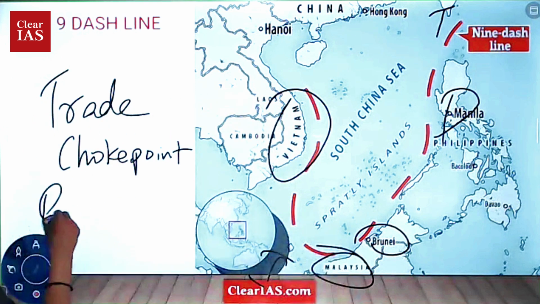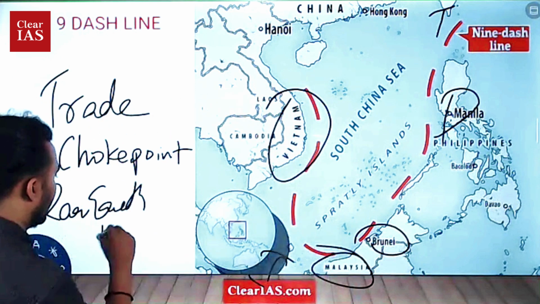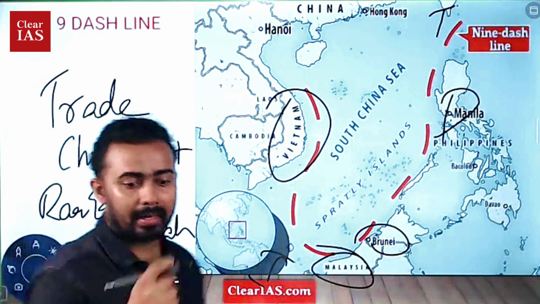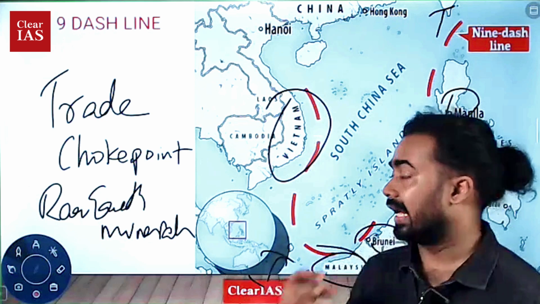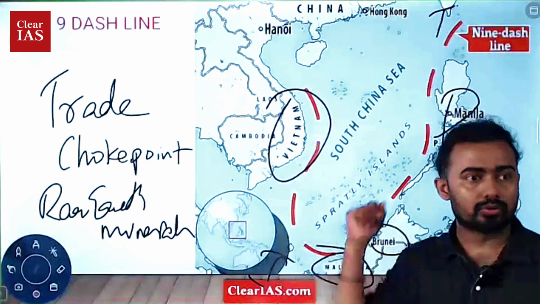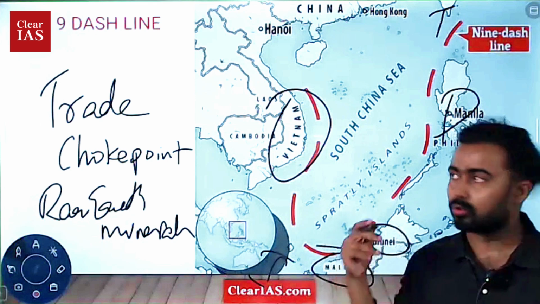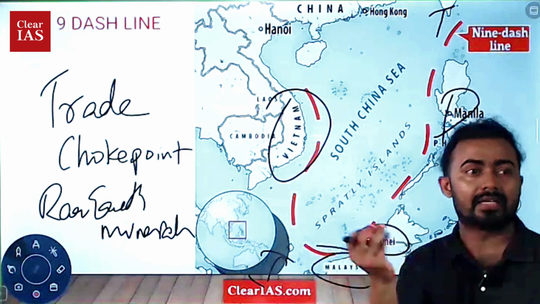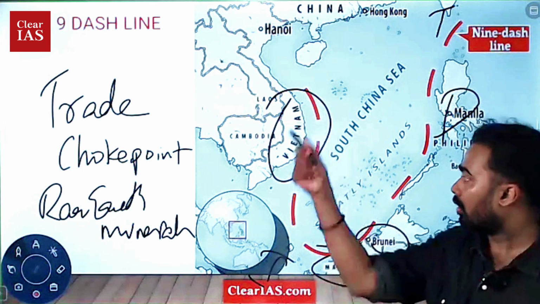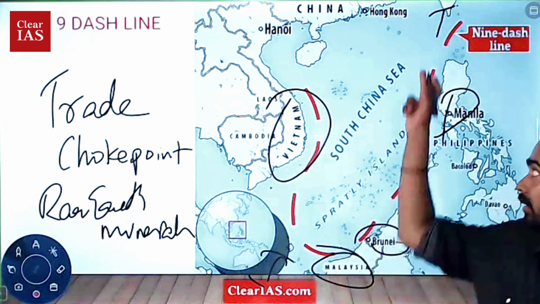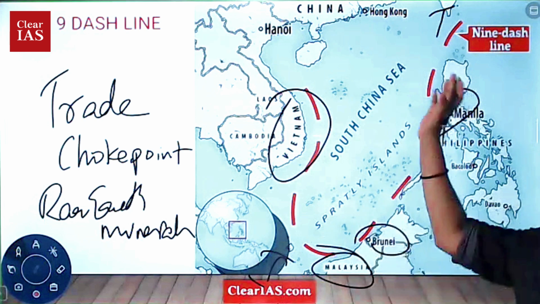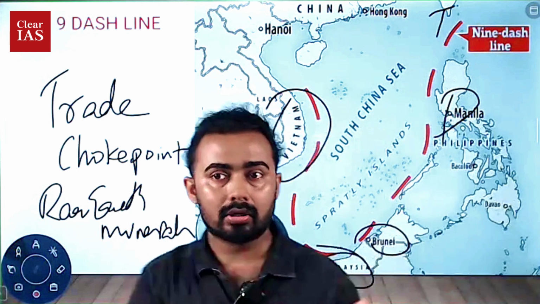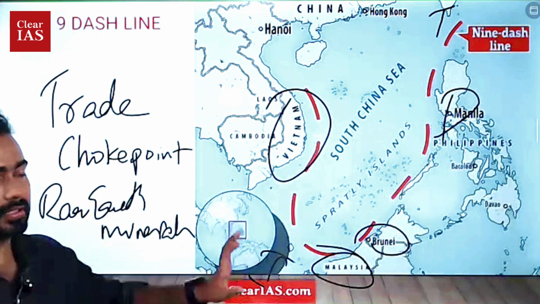One more importance is there: rare earth minerals, or we can say critical minerals. We already mentioned some of the minerals, right? Very rare, rich, costly minerals which are rarely found on Earth are found in the South China Sea. So it is an extensive mining opportunity for every country to mine out those precious rare minerals. All the nations don't want to lose out to China, and China wants entire access to the islands of this sea and the entire sea so they can mine out these minerals. Because of these two reasons, it is an extensively contested area.